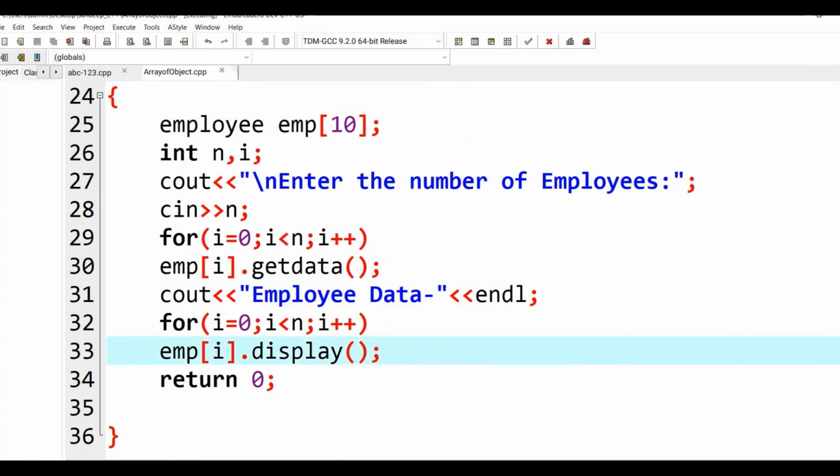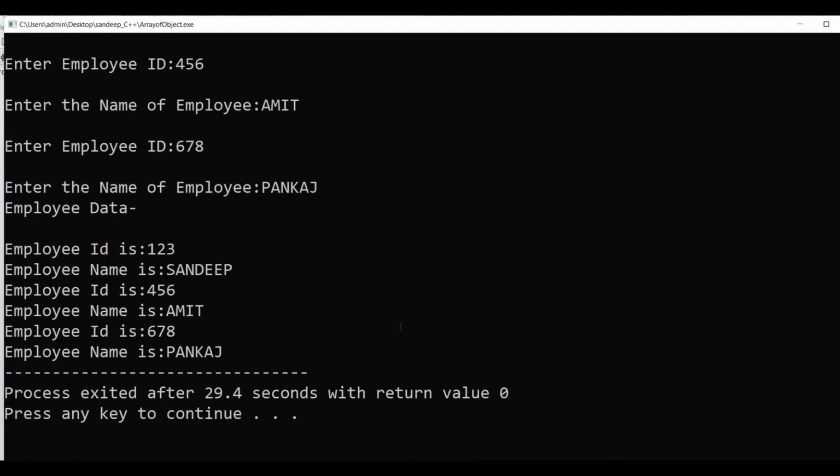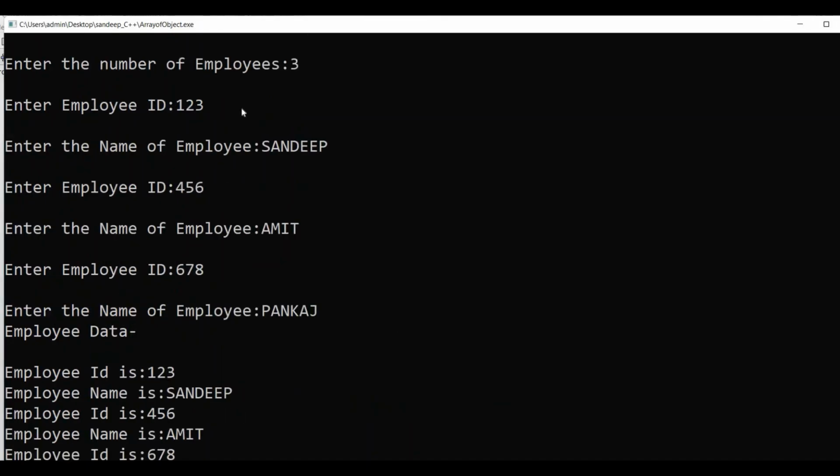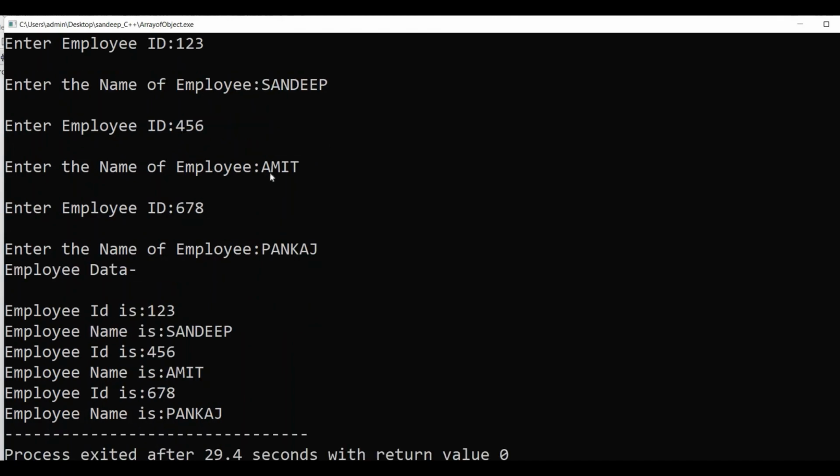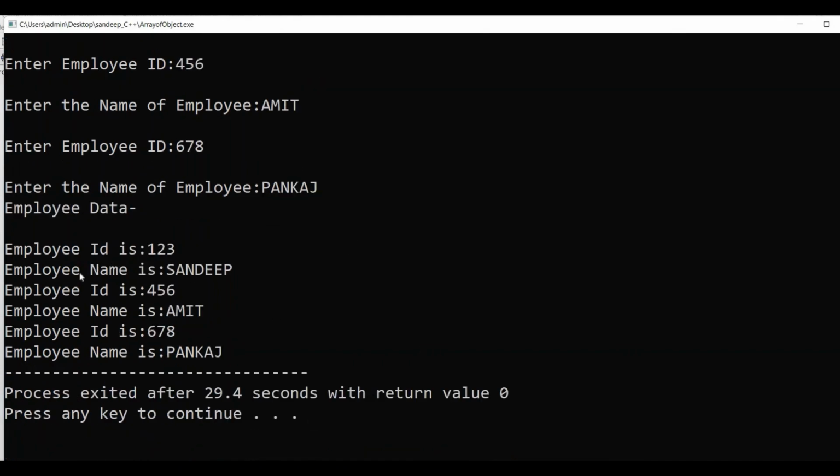So this is all about this array of object information. You can see that I have given 3 inputs, right? It will take the inputs one by one, first employee ID, then name of the employee, then second employee ID, then name of the employee, third employee ID and the name of the employee, and then the information will